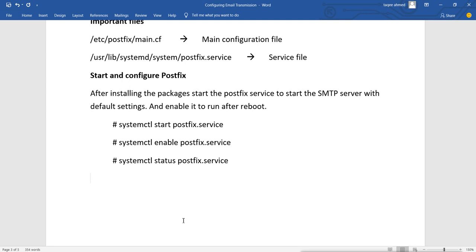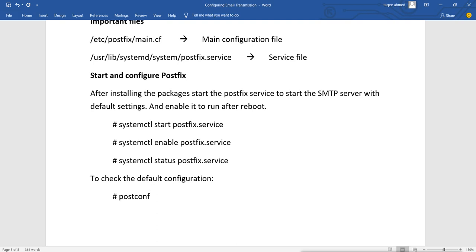Now after this we should check the basic configuration. For that we can run the postconf command to check the configurations. To check the default configuration, we can run the command postconf without any option.